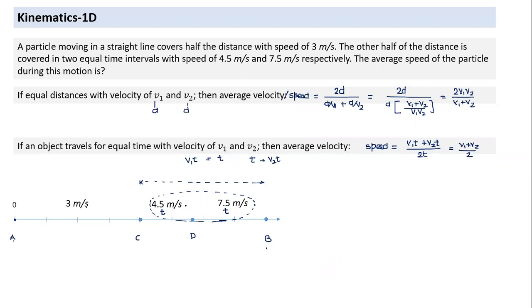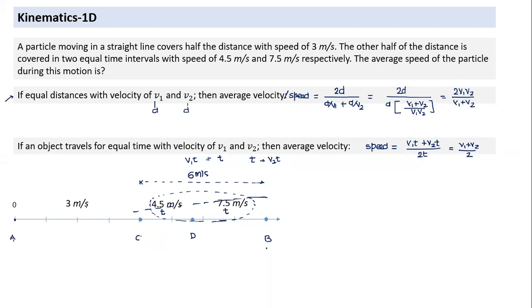Yes, sir. The average velocity is 6 meters per second. 6 meters per second. Are you getting what I'm saying now? I'm focusing on this because the two time intervals are equal. So I can replace these two velocities with one common velocity, which is the purpose of average velocity, (v1 plus v2) by 2, which will be equal to 6 meters per second. Now, rather than having 3 velocities, how many do I have now? 2 velocities. Yes, sir. And this distance A to C and this distance, both the distances are equal. So this question is now equivalent to this part.